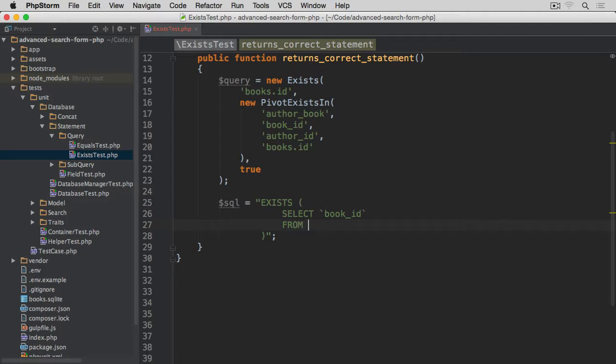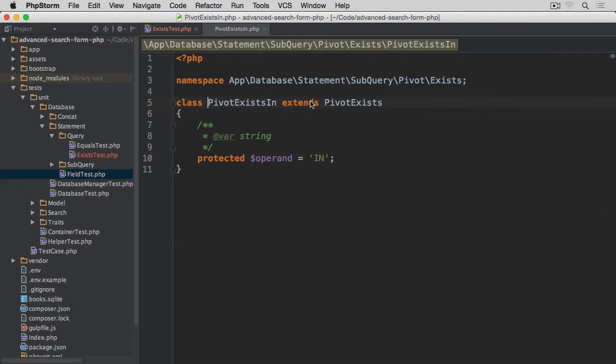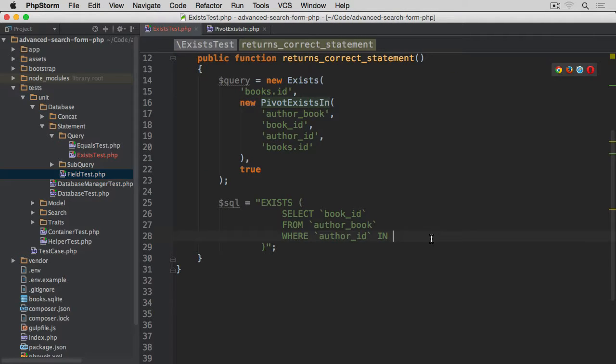Then from table author_book, again, this is what we're passing here as the first argument for the table, and then where author_id, the field which we pass through as a third argument to this PivotExistsIn. This time, because this PivotExistsIn, if we click on this one, as you can see, the operand is in this case, in, and it's going to be just one, and then the and statement,